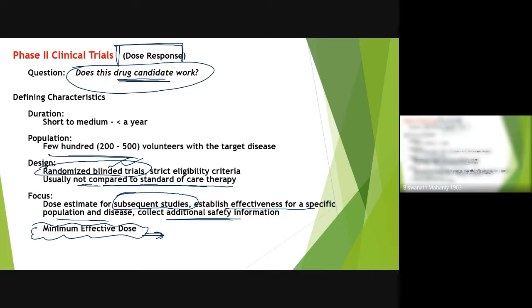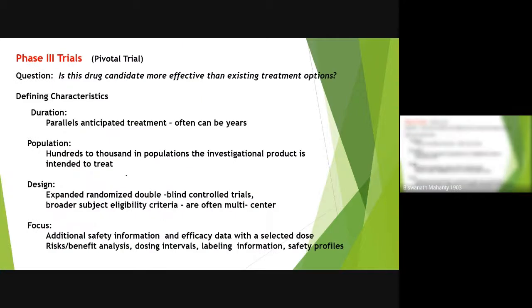So concentration and dose of this drug is very important when you are going to have the clinical trial phase 2, now phase 3. This is very important, and this trial asks: is this drug candidate more effective than any existing option? Is there any treatment already available? Yes, some treatment will always be available. We can always offer some suggestions. So phase 3 clinical trials are pivotal here. Pivotal means very important in this design, and they consider what advantage we can have.